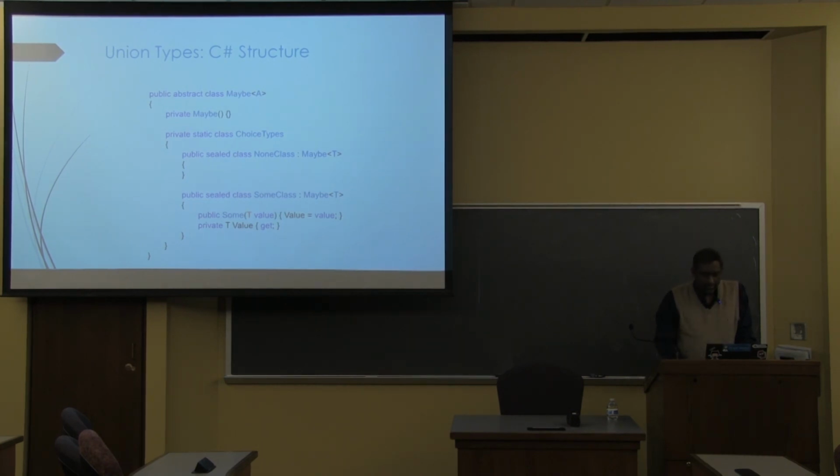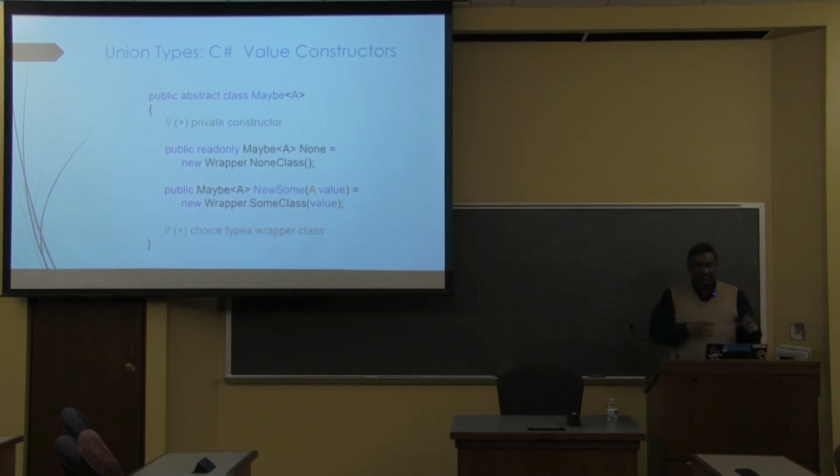But obviously we're not done, because there's no way to create an instance of the None or the Sum now. There's no way to create a value. So in addition to what you had there, you create a couple of value constructors. None, because it does not carry a value with it, simply becomes a singleton. And Sum becomes a method called NewSum that gives you back an instance of the Sum with a specific value, right? There's a reason why that NewSum is there. I'll come to that in a bit, but just bear with me for the moment.